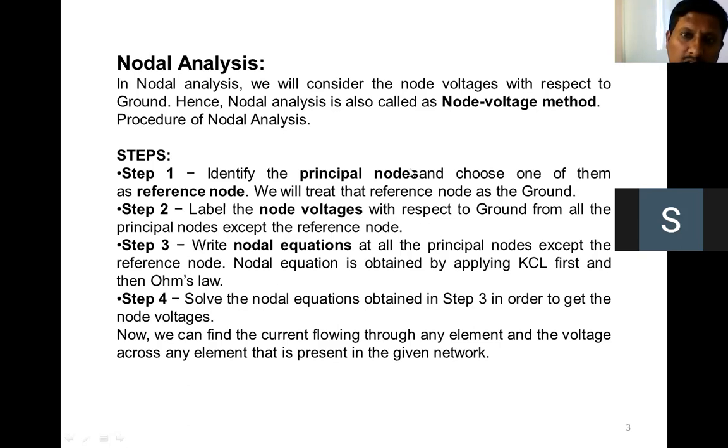After that, we solved 2 examples in the previous lecture. We started from a simple question and then took a somewhat more difficult one, because in the first question only one principal node was there except ground, and in the second question, except ground, 2 principal nodes were there. Such types of problems we have solved.